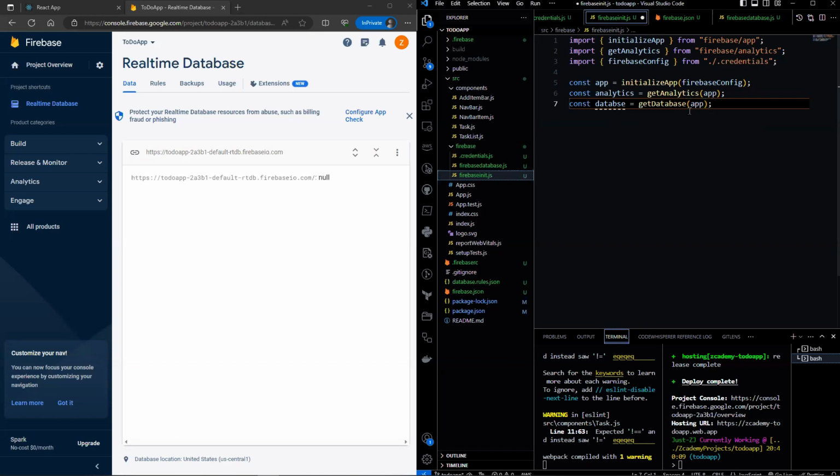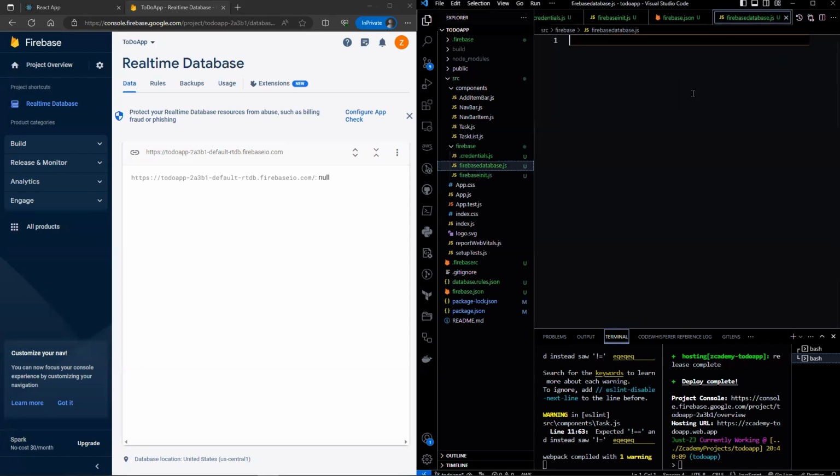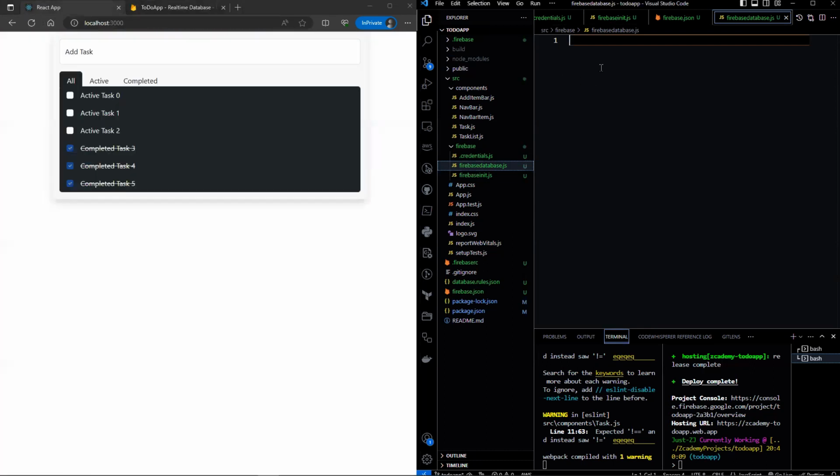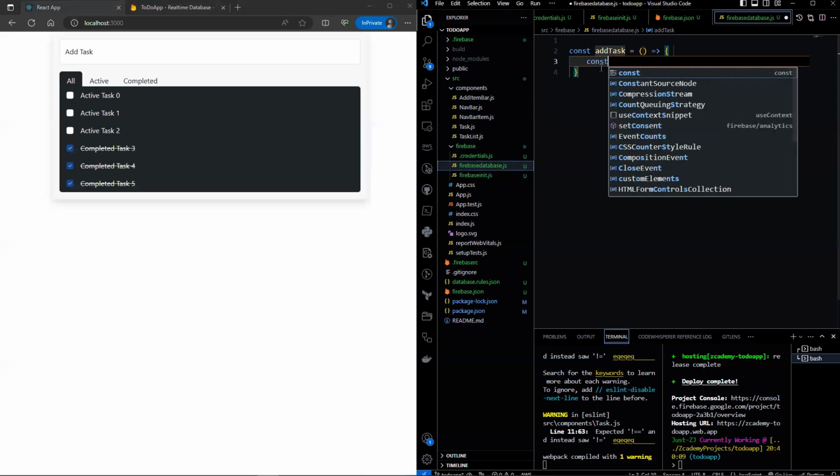Let's also export this so that we can use it. Now let's head over to Firebase database and we will start by adding tasks to the database. To do that, let's create a function called addTask. First, let's create a reference to the database.